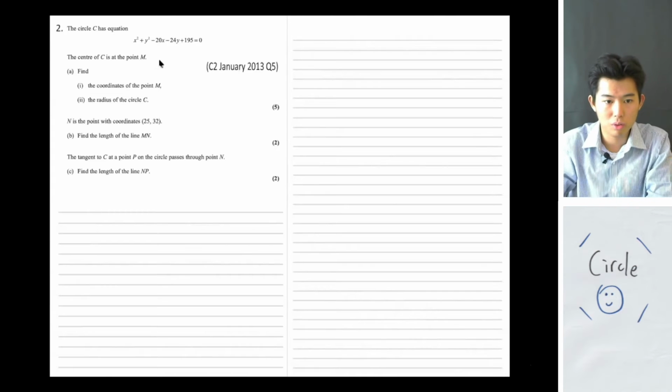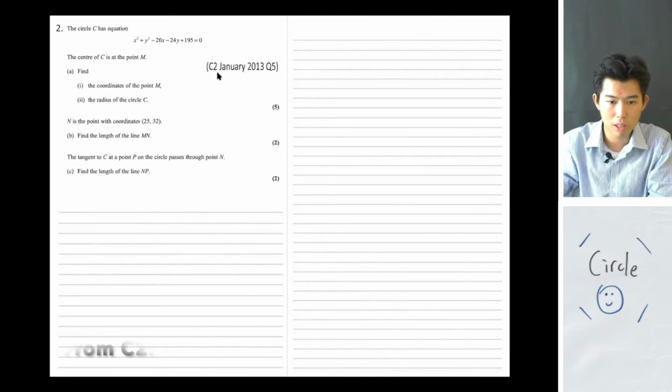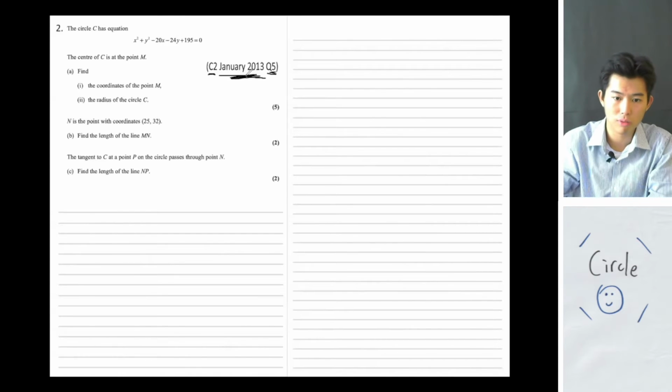Okay, let's move on to question 2. This question here is from the C1 module, Jan 2013, question 5. For part A here, they want us to find the point M, and they want us to find the radius of the circle C. So basically, C is the circle and it has the center at point M. So in this equation here,